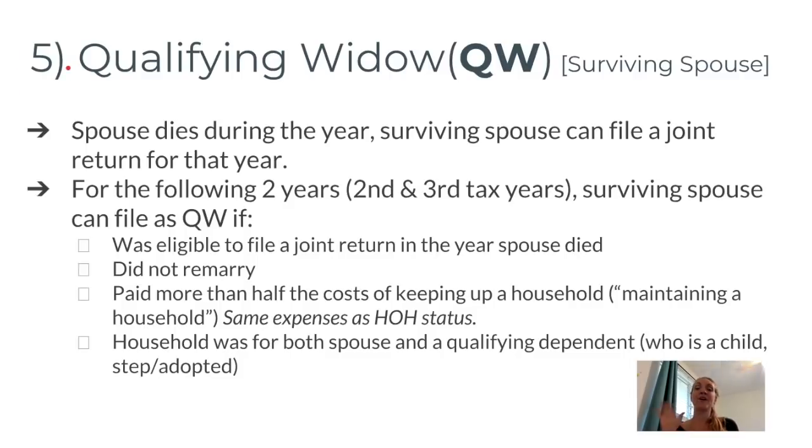Okay, so that brings us to our 5th filing status, qualifying widow, which is also called surviving spouse and abbreviated QW. Now, this one again meets the same criteria as married filing joint. So in the year the spouse dies, the surviving spouse can file joint for that year. For the following 2 years, second and third tax years after the death, the surviving spouse can file with this filing status if they were not eligible to file a joint return in the year the spouse died, they haven't gotten remarried,